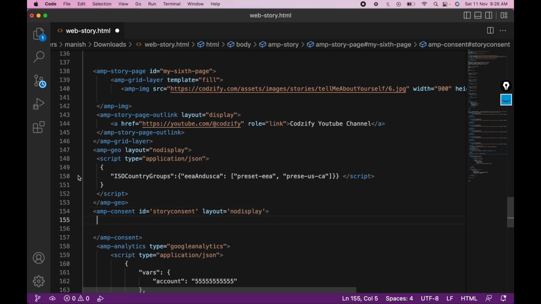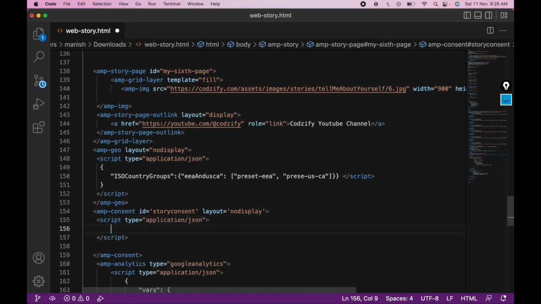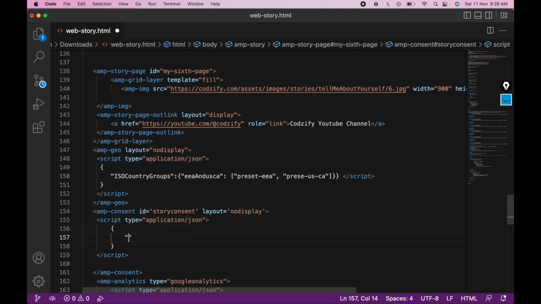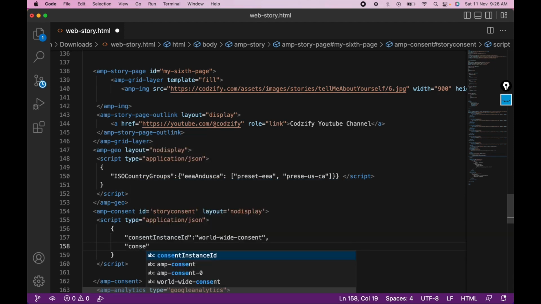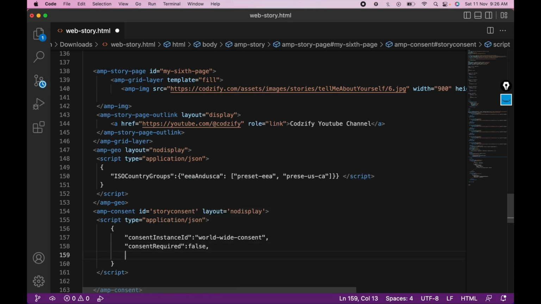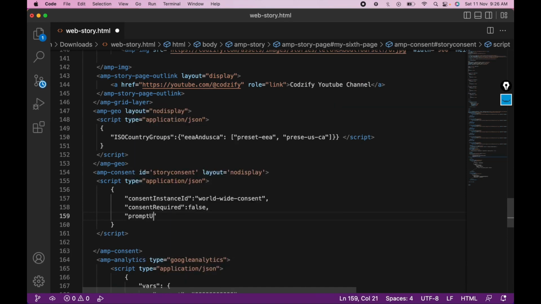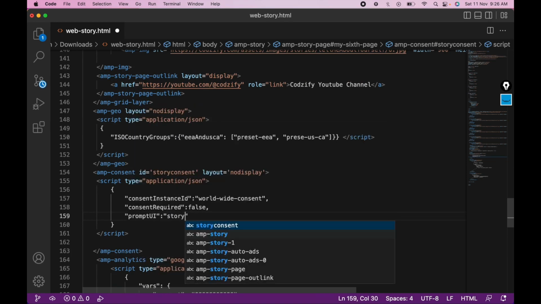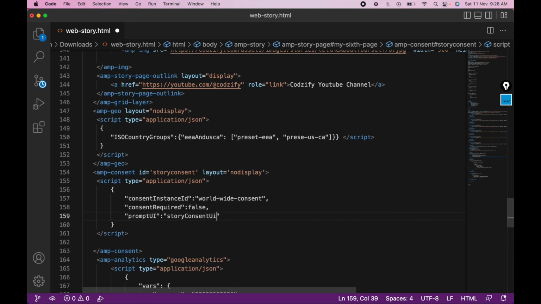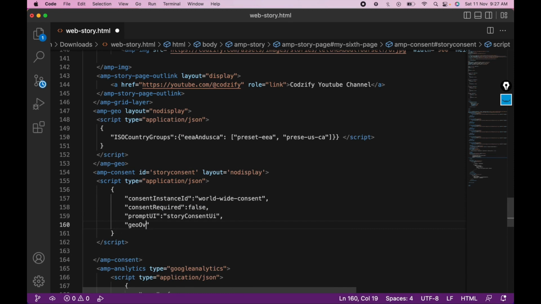as nodisplay. Now inside this as well you will use the script JSON, and there we will use the brackets, and here we will use consent instance ID, consent required. This is important because without this the ads might not appear in your web story. Prompt UI, story consent UI, geo override,